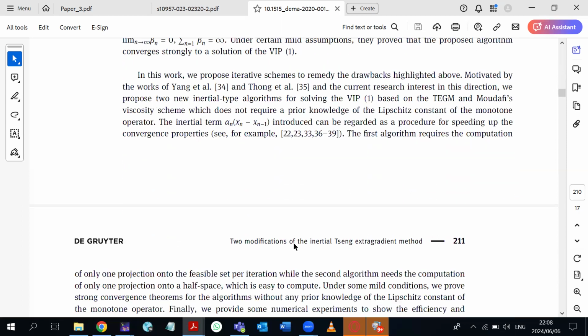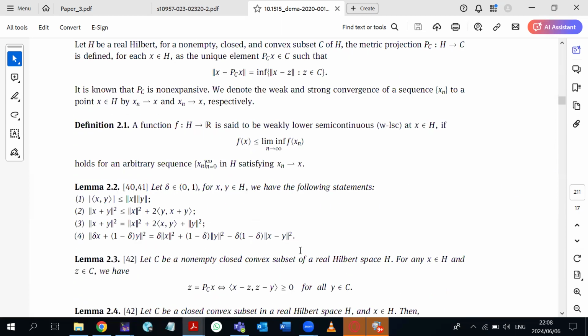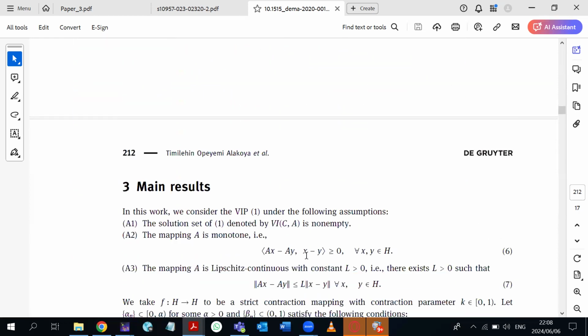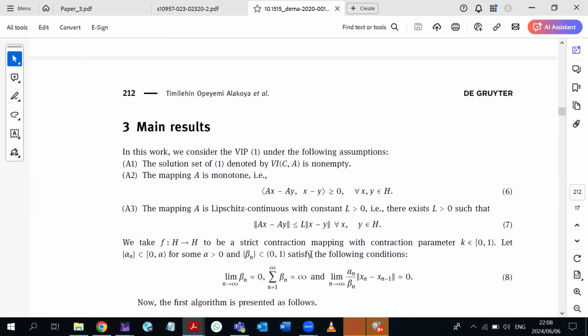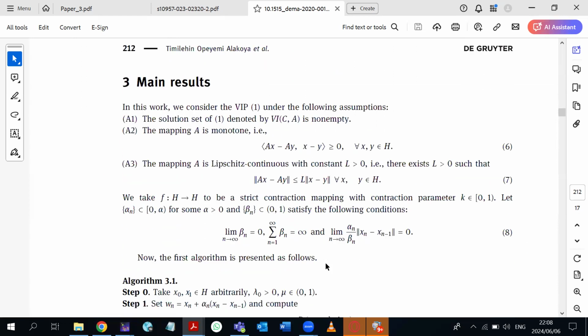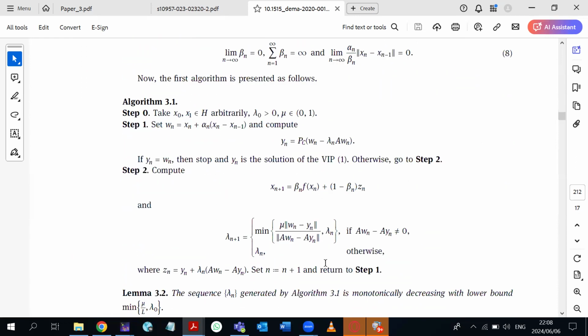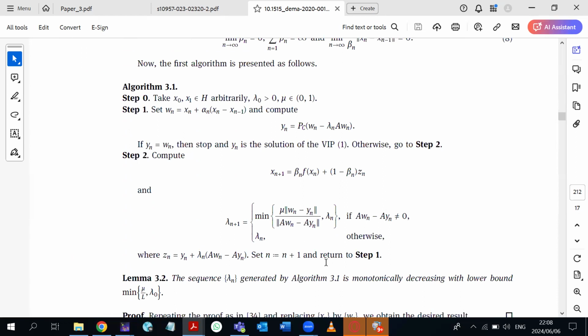Algorithm 3.1. If you take some information about those other methods with you, then you are going to see what improvement has been done here. So in this main result, the first thing that we have seen is that this method is also inertial. That's like one point. It is also viscosity, like both methods. And here, this is self-adaptive.